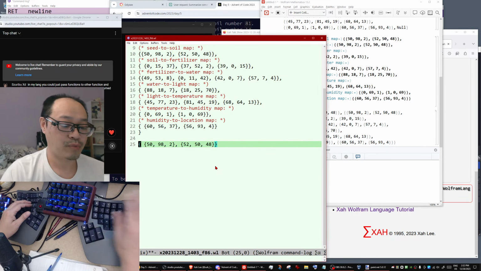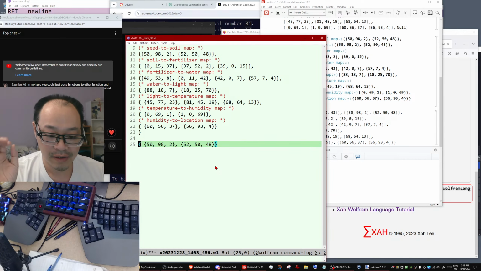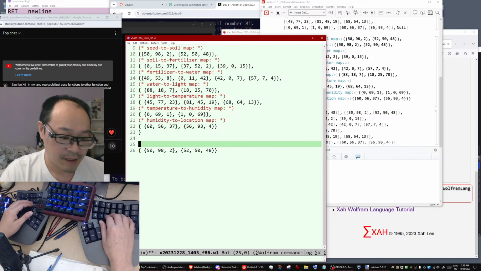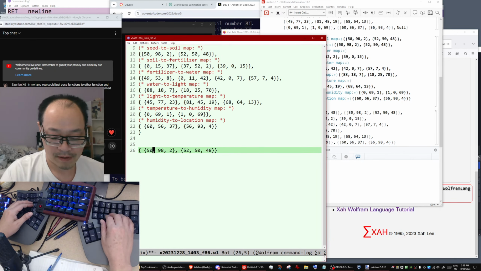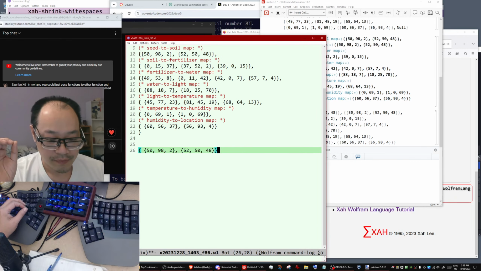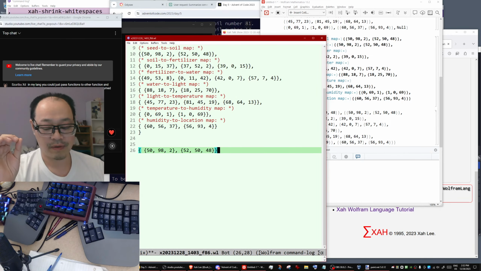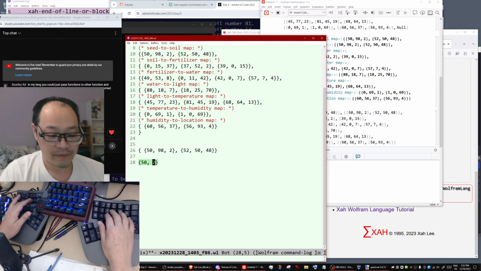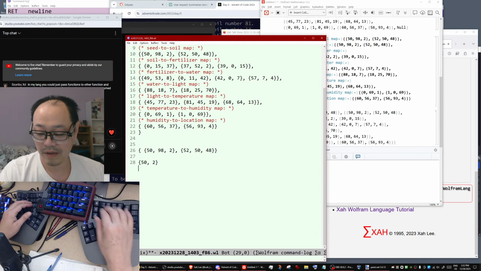So we got one of the maps like that, defined by a range. Now we want to convert this into an actual hash table, an actual dictionary. In Wolfram language, it's called association. Okay, so given this input, you want to turn this into, okay, range 2. So let's see, for example, this one. For example, 52, you want to turn it